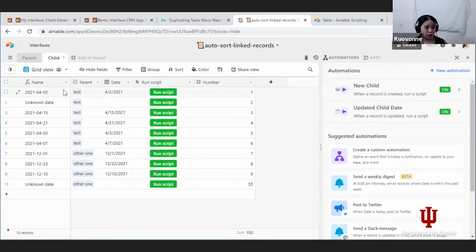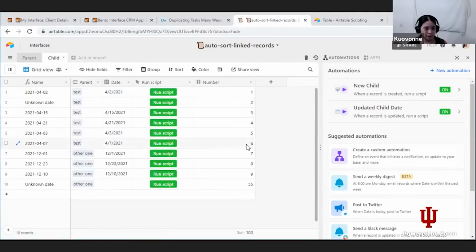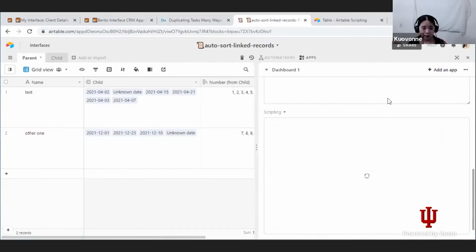because if you change a child record's value, so for example, here, say I change my 6 in the middle, and that's actually going to be a 14. Well, I want this to sort here. That's the way this particular one works. This is also due to the fact that when you create a new record, it creates it blank with no value. It sounds like if you only have a few parent records, you might want a different script that goes from the parent side, kind of like what we started to write here,